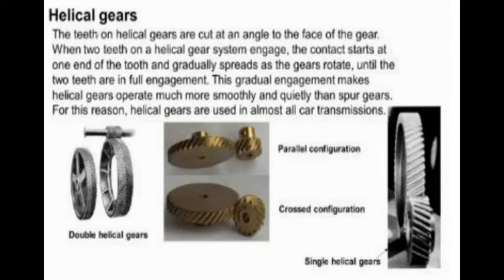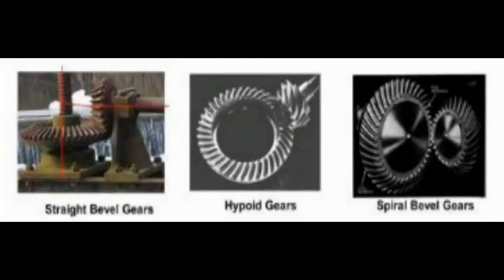Okay, now we have another kind called bevel gears. Bevel gears are used to connect shafts which intersect, usually but not necessarily at 90 degrees. So we have one axis here and another one there, and the angle is 90 degrees. When the shafts are like this, then we can go for bevel gears. It is not necessary that it should be 90 degrees. It can be less than that also.